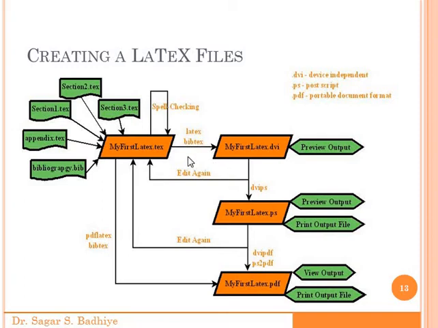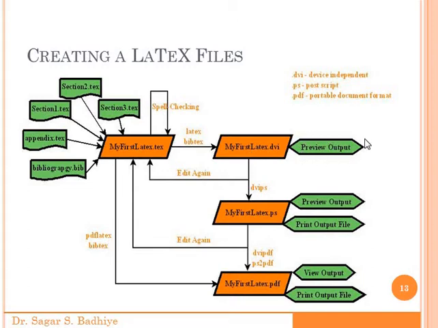The LaTeX compiler is provided with an inbuilt spelling checker which can be used on individual files as well as on the merged file for spelling checking and correction, after which the files can be compiled through different compilers to get the output in different file formats, such as .dvi format, that is device independent. DVI format is used to preview the output and modify the input files if some changes are required. So the device independent format is used only for viewing purposes.